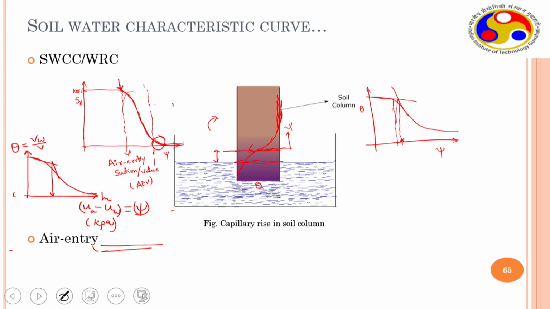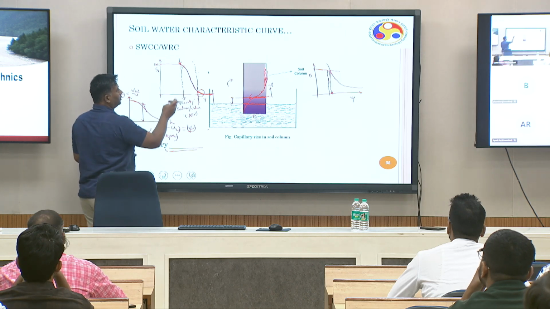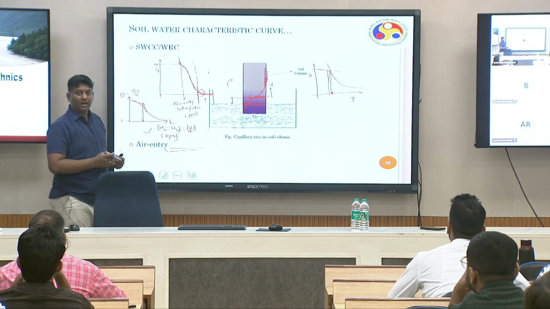Their contribution is less in the total mass of water. In total volume of water, their contribution is less here, right? Because only thin, very tiny pores are present here, which are still saturated or maybe partly saturated, and they are giving up the water here. So the contribution is very less. If you change the suction from here to here, the change in the water content is very small, tiny. But for the same change in the suction here, it's a huge variation in the water content or degree of saturation,